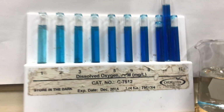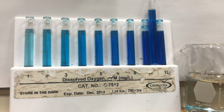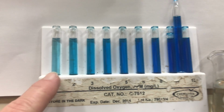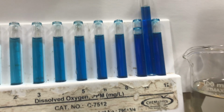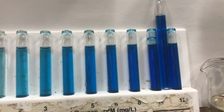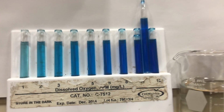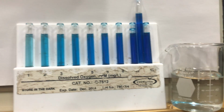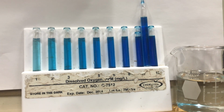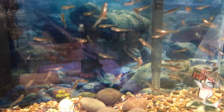And so here's that test. This is usually a test I do out in the field at the stream out at Lake Creek. But if you look here, these are the different colors we're trying to match to. And I think it's doing really well. So a good number is between 10 and 12, and we are definitely there. So it's not a dissolved oxygen issue. It's just, I don't know, something is happening with the development that's making those feel a little weaker and needing to lie around the bottom a bit. So yeah, I'll just keep an eye on it, and I'm going to remove that poor little ghost fish here